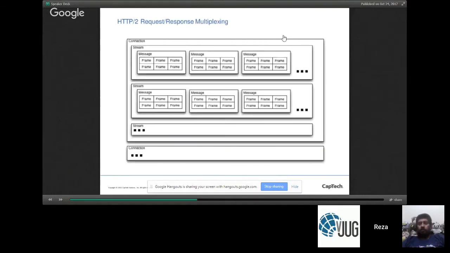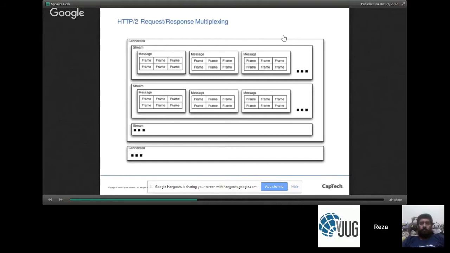First, let's talk in a bit more detail about precisely what request response multiplexing actually means. I talked about this before. Before, a connection really meant a single request and a single resource, a single response. Now that's not what a connection means. A connection is now shared across multiple different requests and responses.